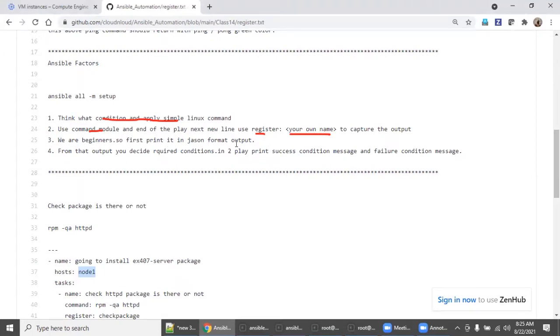And then the next thumb rule: we are freshers, we are beginners, right? First print in JSON format. Many people or many books do not display it. How do they come up with the condition, right? Each and every environment, each and every OS, each and every different hardware will create a different output. So I strongly recommend, don't skip this. After you derive the condition, you can remove the register play if you really think it's not needed. But it's not going to harm anything. So let's go for it for some time till you get some confidence, right?